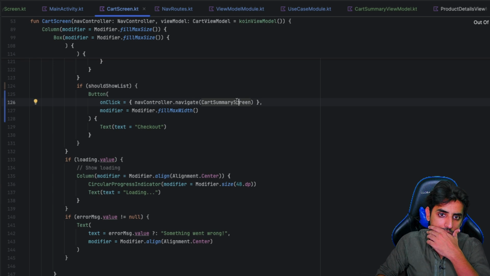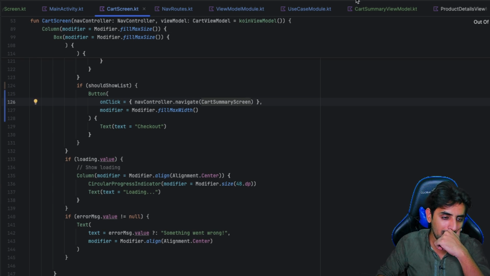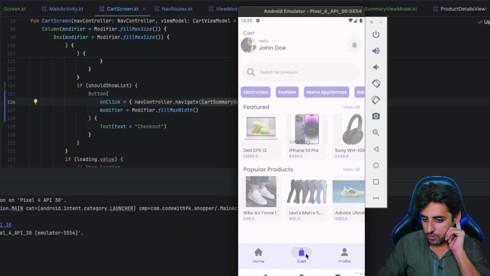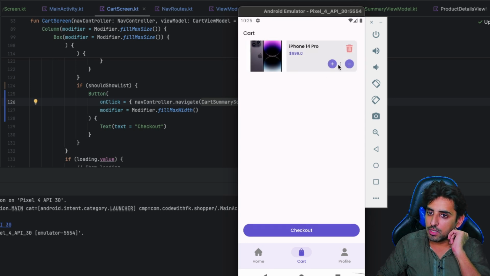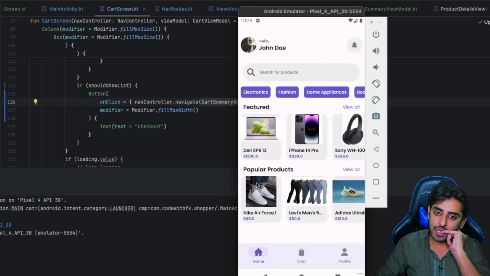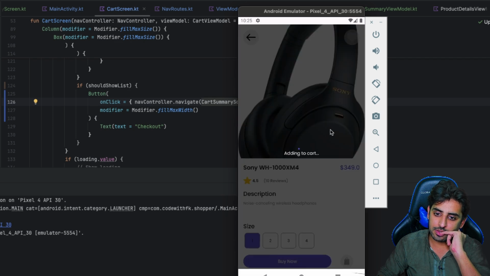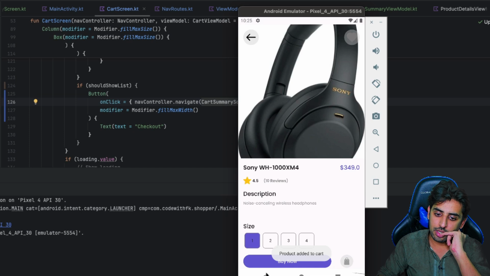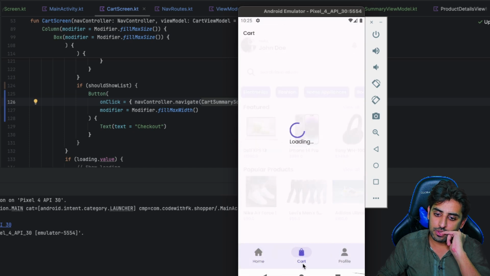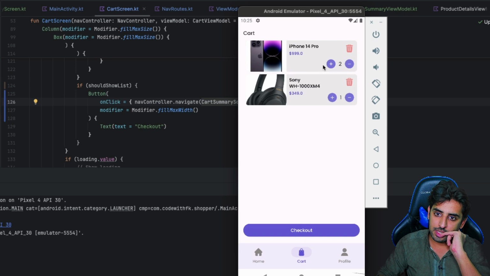Yes, so that's done. And now let's try to execute the code and see if all these changes that we have made are actually working. Okay, so I have this cart. I'll just add a couple of them so that we have like 2 items in the cart. Go back and maybe we can just add a couple more things. So let's just add this to the cart as well. And now we'll go to the cart. Now you can see I have 2 items of this, 1 of this, and then now I'll go to checkout